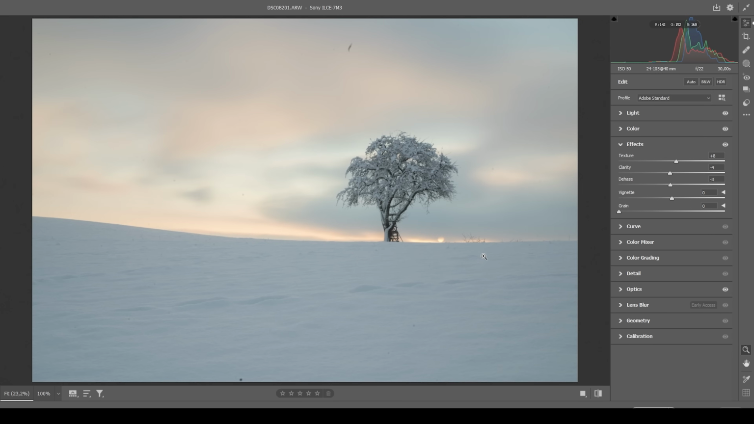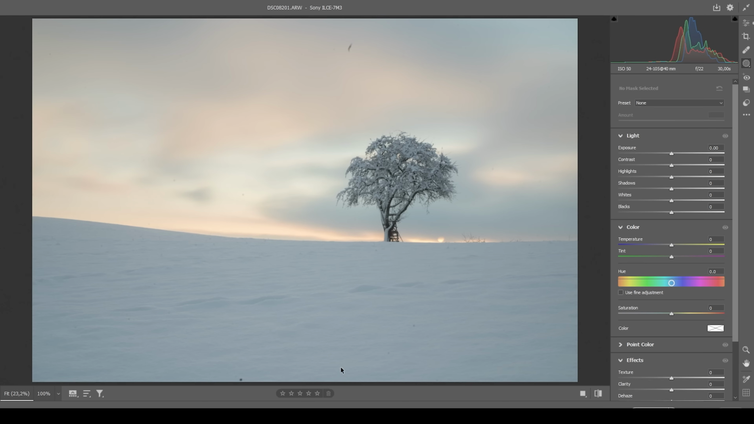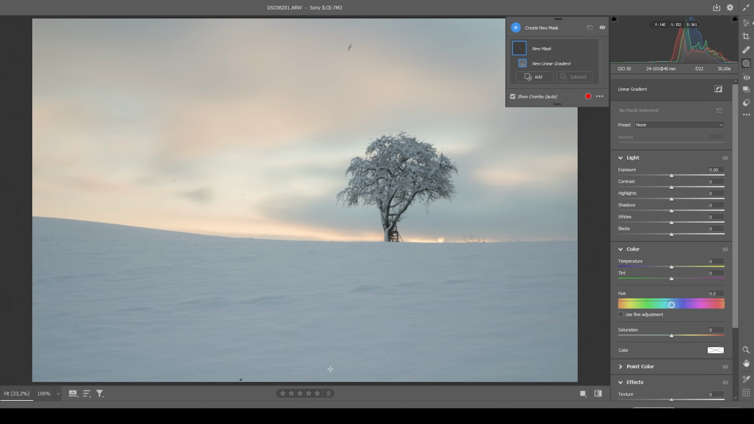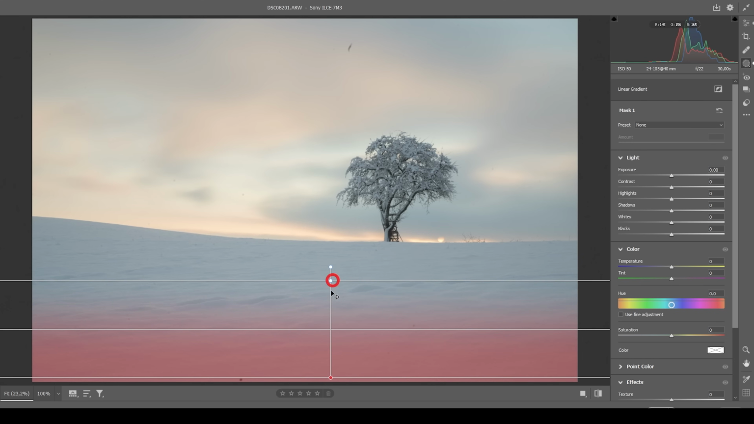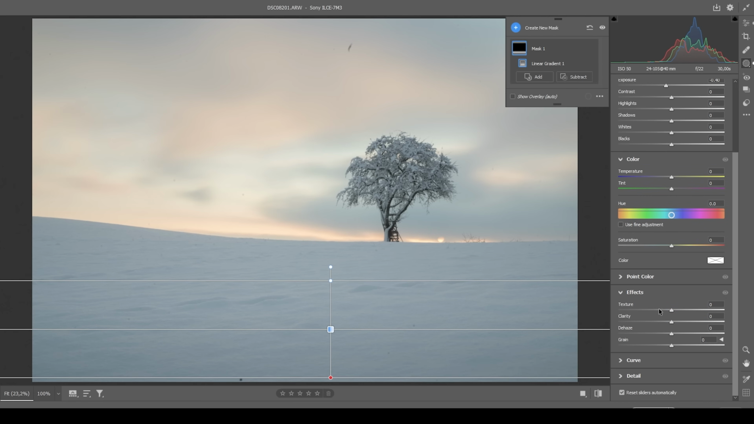Wonderful. At this point, we also want to apply a little bit of masking, so let's go through the masks real quick. I want to start with a linear gradient for the foreground, covering only a tiny portion of the very near foreground. Here I want to bring down the exposure slightly, creating some kind of vignetting effect. And I also want to go down into the effects tab and bring up the clarity to add structure to